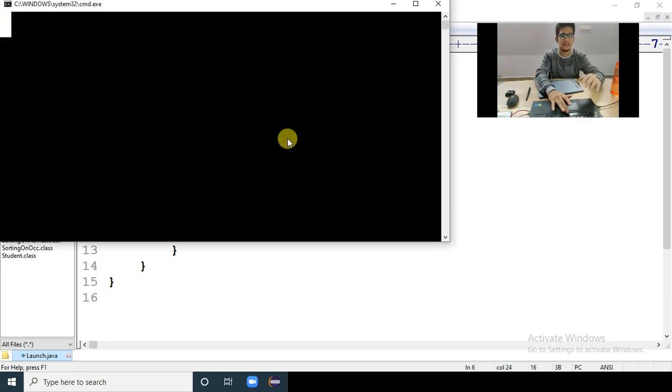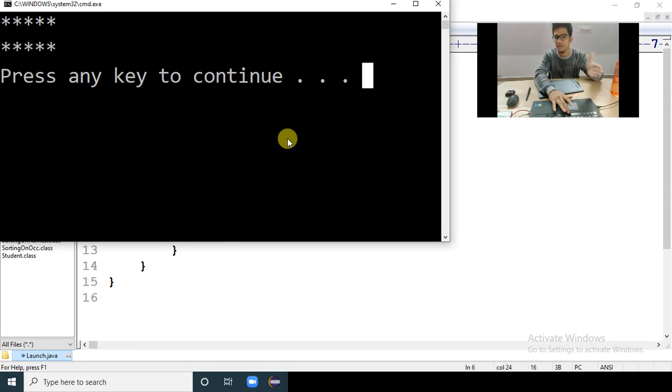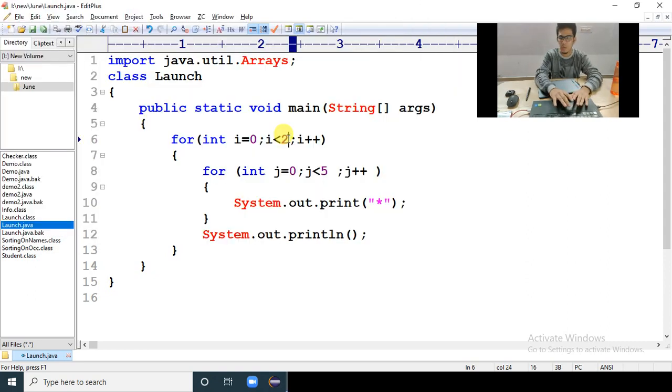Right? It's simple. 2 rows, 5 columns. So you have learned star pattern now. Basics, at least basics like this. 2 rows, 5 columns. How about if they tell I want 6 rows, 2 columns? 6 rows means which variable? i. So I will comment here: row is i variable, and if you want column, it is j variable.